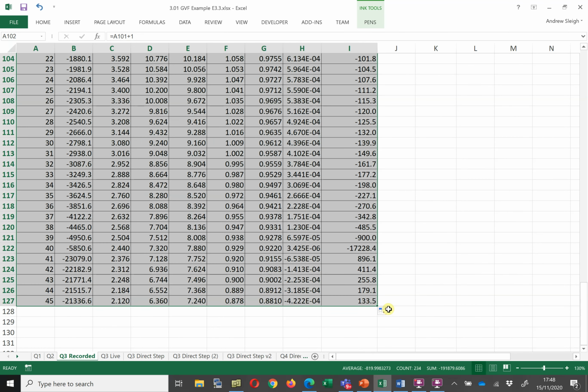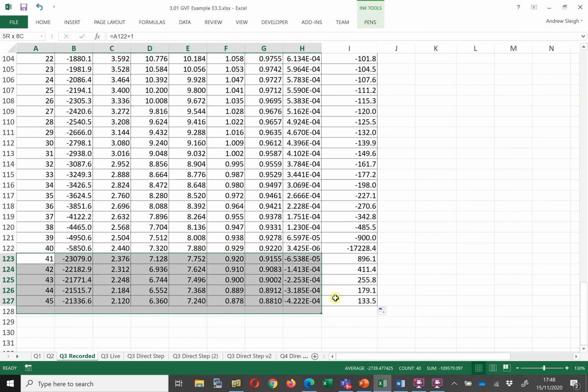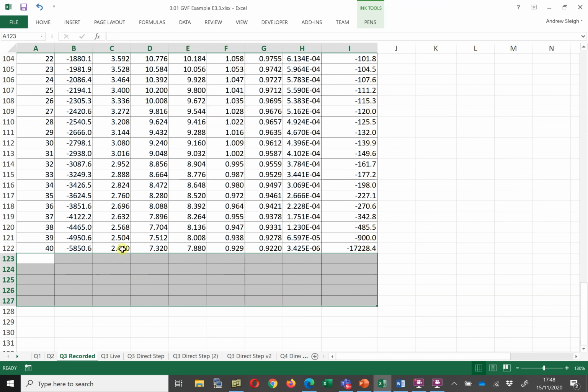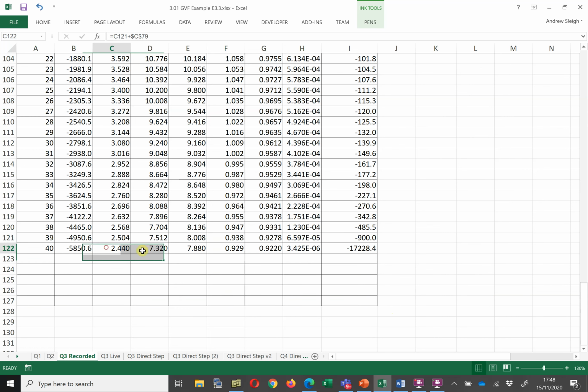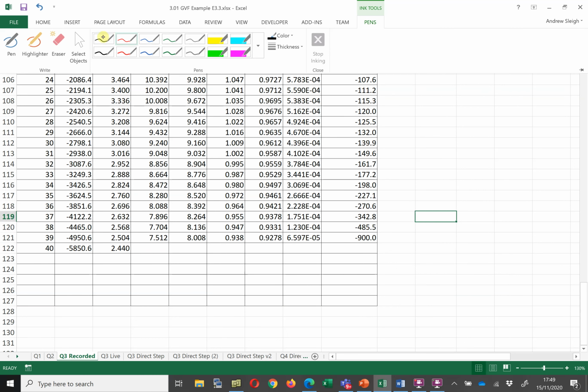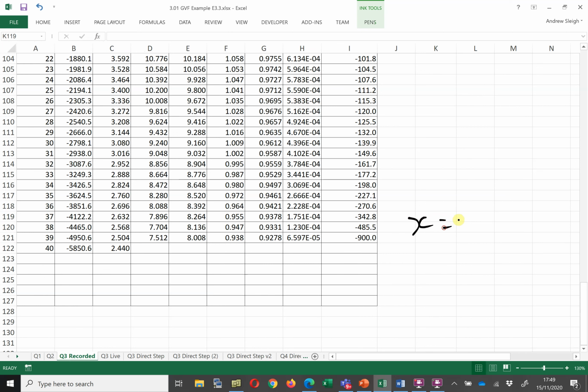So there we go, right, 40, that's it, the others are irrelevant. And what do we get? We get x equals minus 5,850 meters,